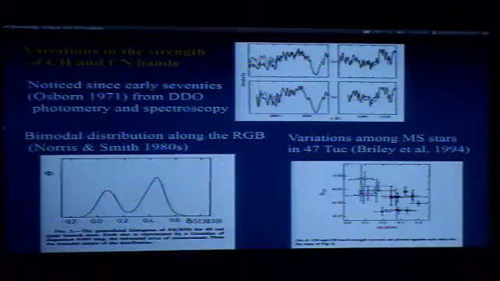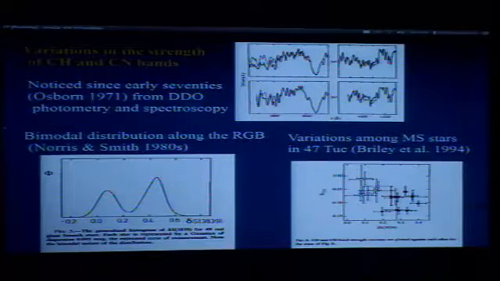These are the first evidence, I think, from spectroscopy. This observation by Osborne in 1971 was from DDO photometry, but later there were observations from spectroscopy of stars that are very similar in temperature. This is the calcium K line, but this is the CN band at 3823, and it's very different between these two stars. They are very similar from many points of view, but not in